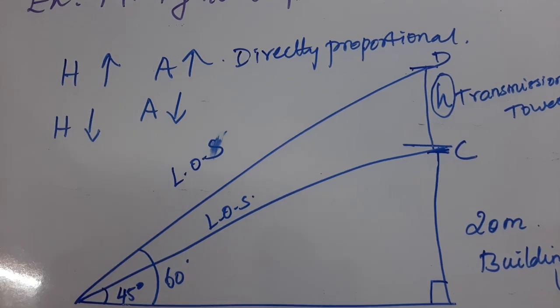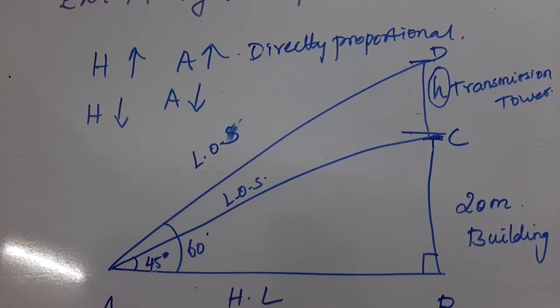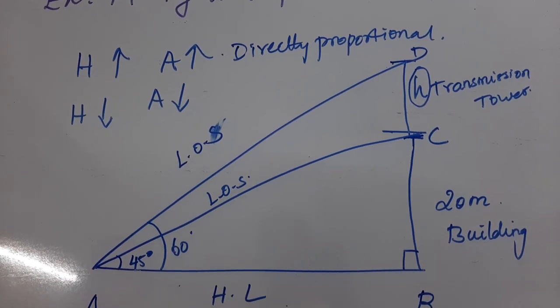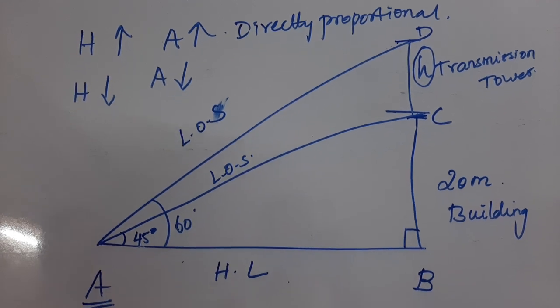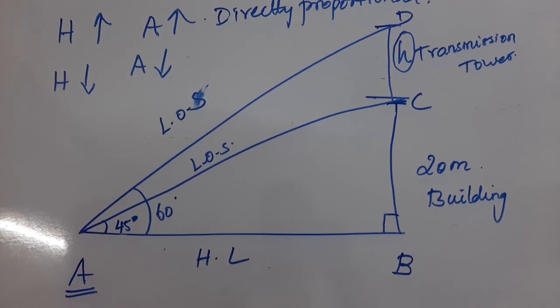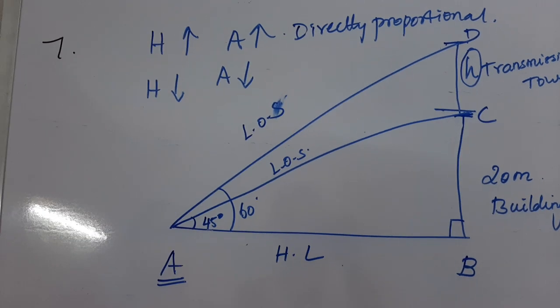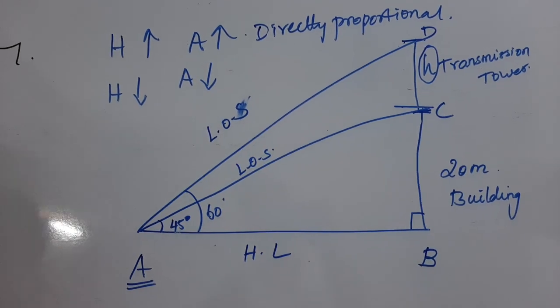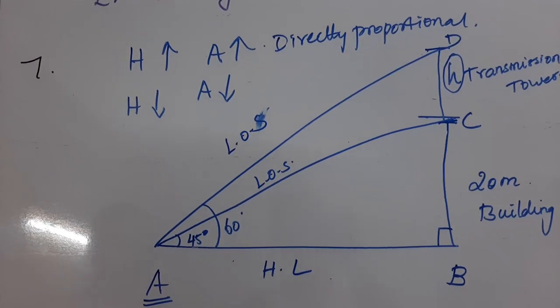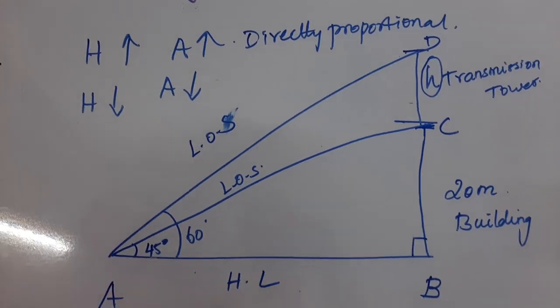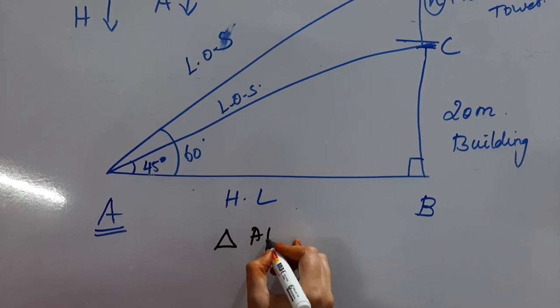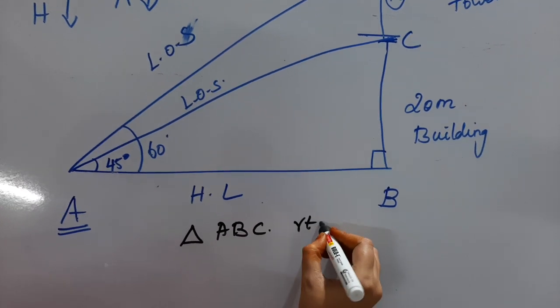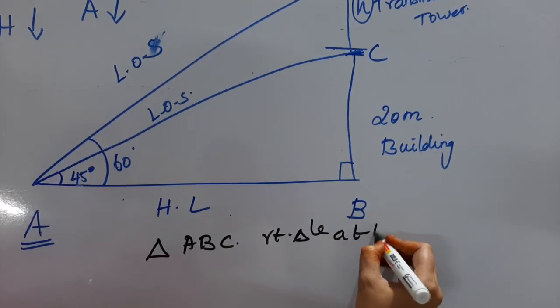Now again, the first step in this chapter to solve the sums is drawing the triangle that we have done. And after drawing the triangle, check how many angles we have. Two angles. So we need to consider two triangles. What are the two triangles we can consider here? Both the triangles should be right angle triangle. So our first right angle triangle here is triangle ABC, right angled at B.